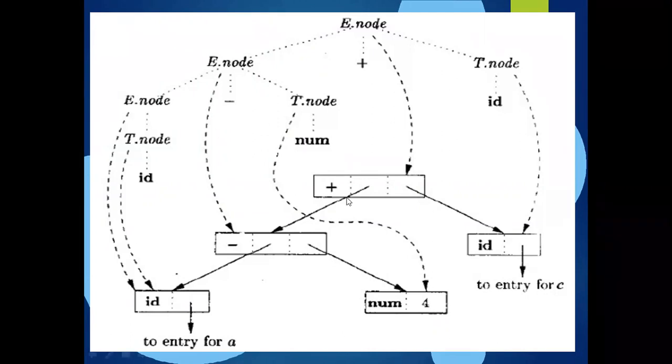In a single example I made you understand the difference between the tree representations. This is a parse tree representation, this is a syntax tree representation. With this construction of the syntax tree, the concept of syntax directed definition is completed. In the next class I'm going to explain the second way of representing the semantic rules, that is the syntax directed translation scheme.